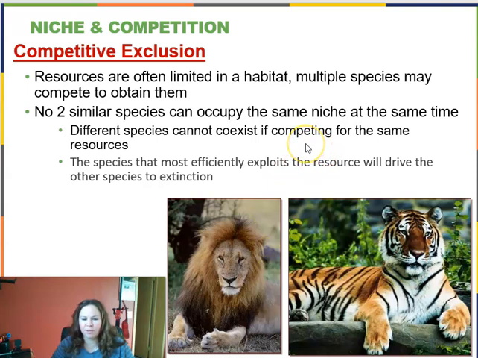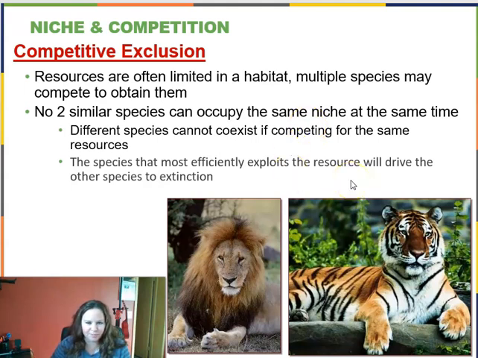So what they have found is the competitive exclusion principle: resources are often limited in a habitat and multiple species may compete to try to obtain them, but no two similar species can occupy the same niche in a habitat at the same time. Different species cannot coexist if competing for that same resource, and the species that most efficiently exploits the resource, has the best adaptations, will drive the other species to extinction